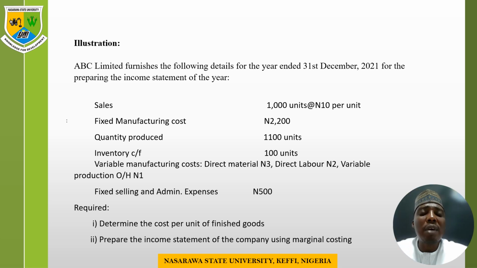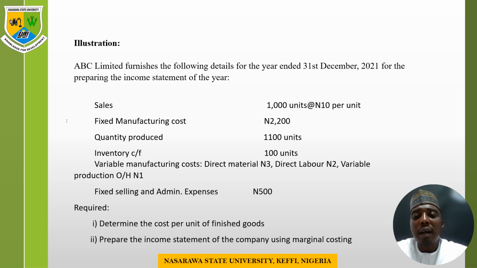Then variable manufacturing costs include direct materials at 3 naira, direct labor 2 naira, variable production overhead 1 naira. Again, we also have the fixed selling and administrative expenses, which amounted to 500 naira. We are required to determine the cost per unit of finished goods and prepare the income statement of the company